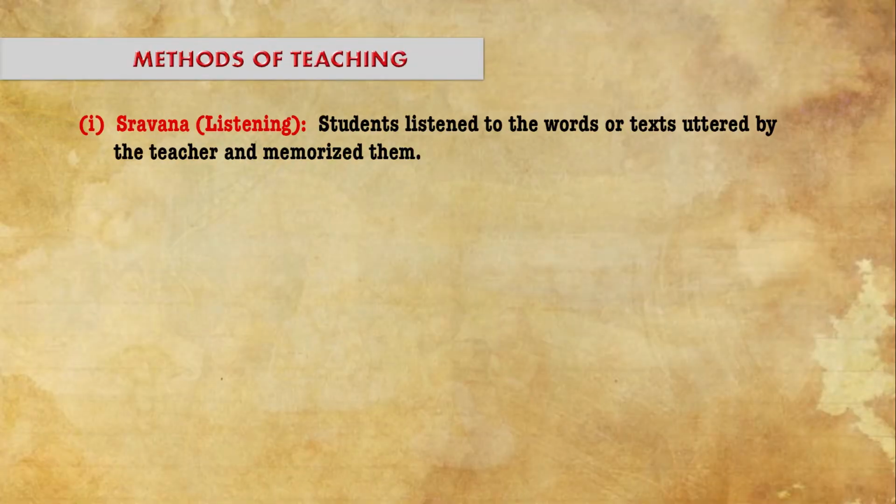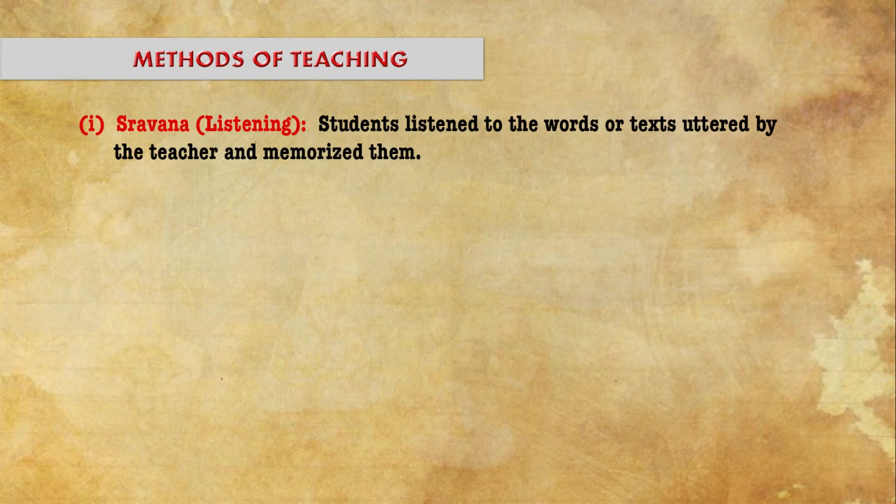Then, coming to the different methods during the Vedic period. We'll see that the Vedic period emphasized more on recital, or avritri, that is repetitive recital. Mostly three methods of teaching were being used by teachers during that period. First, we call Shravan. Shravan means listening. So students listened to the words or text uttered by the teacher. As soon as the gurus would utter, they would listen and then memorize. So this was one of the ways of teaching and learning between the pupil